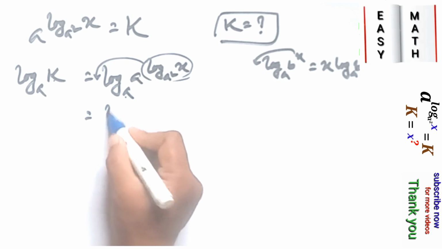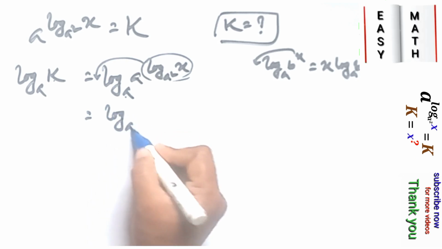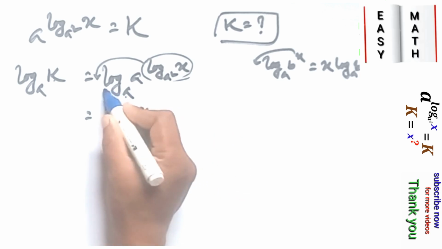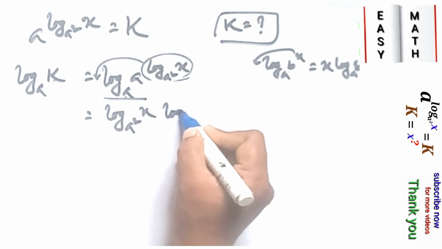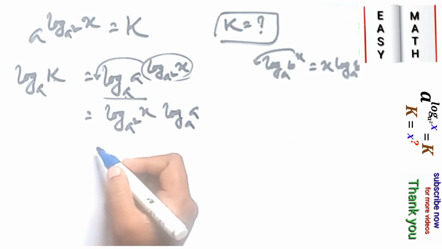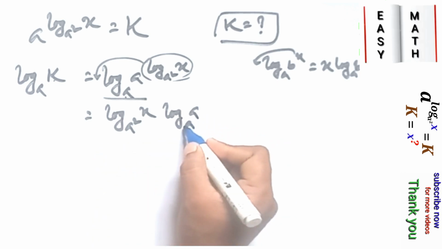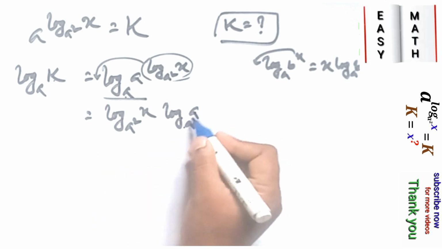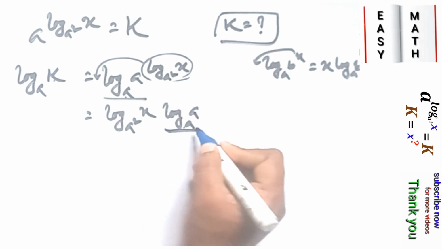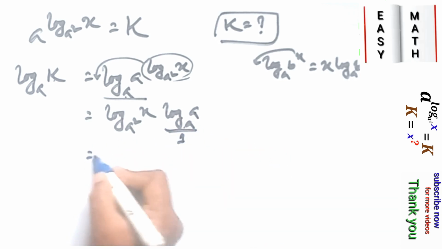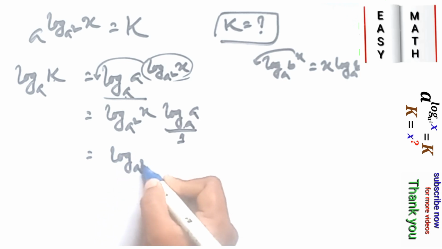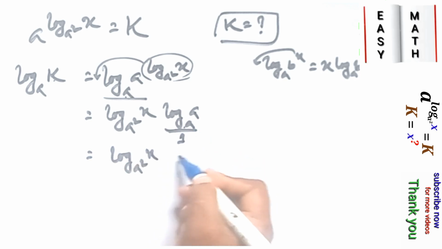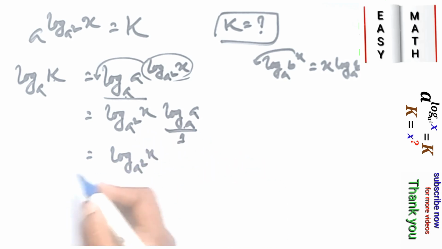So we can write the log square x, and this part we can write the log with this a, and we know that base and this is same, so this value is the 1, this value is the 1, so we can write the log square x, and this is the 1 is multiplied. And now